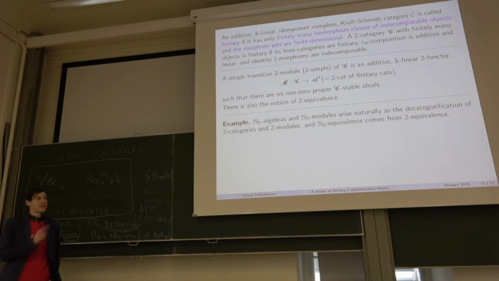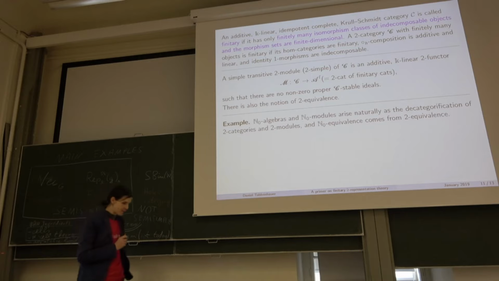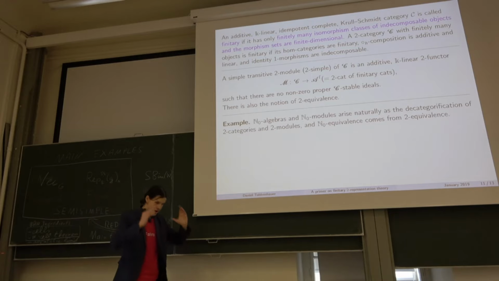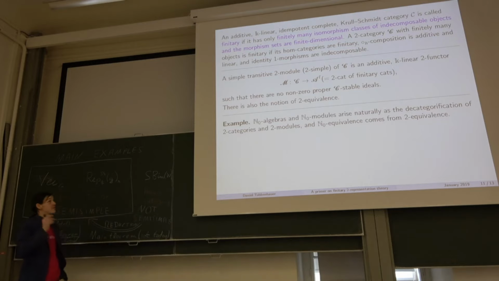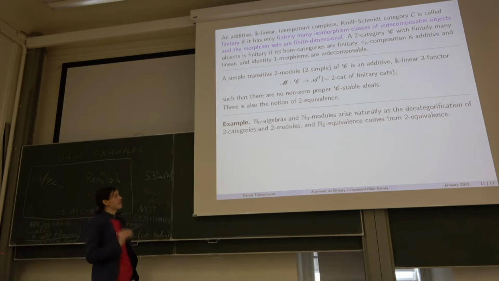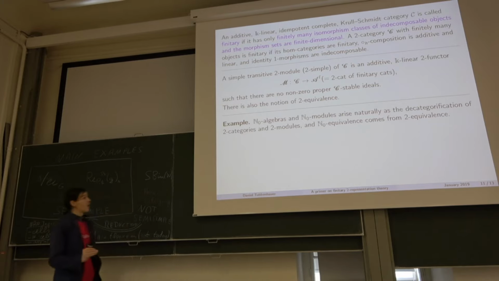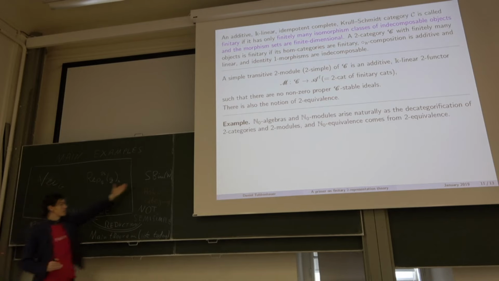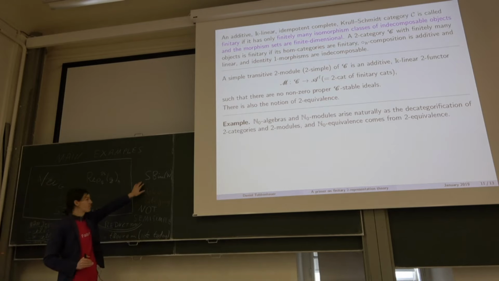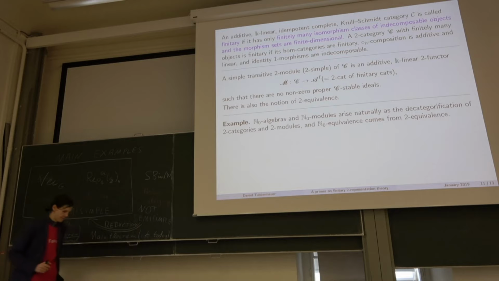There's a lot of text, and I only want you to read the purple one. So in this case now I need to fix my acting categories and what they act on. And what we do is we consider what is called a finitary category. A finitary category is nothing else than you have finitely many isomorphism classes of indecomposable objects, like here, here, or here. So in this case, they correspond exactly to the number of elements of the Weyl group.